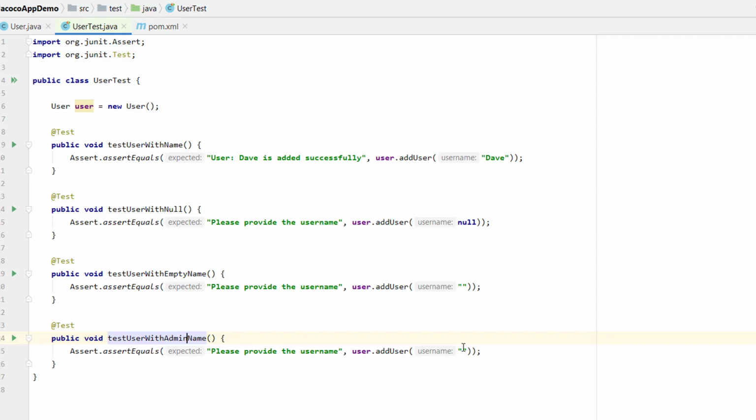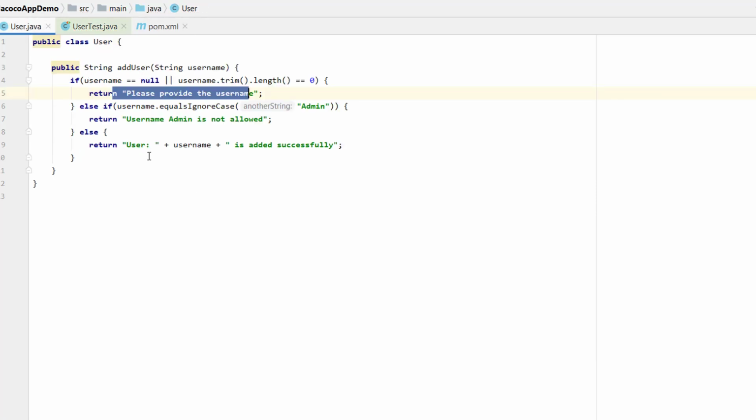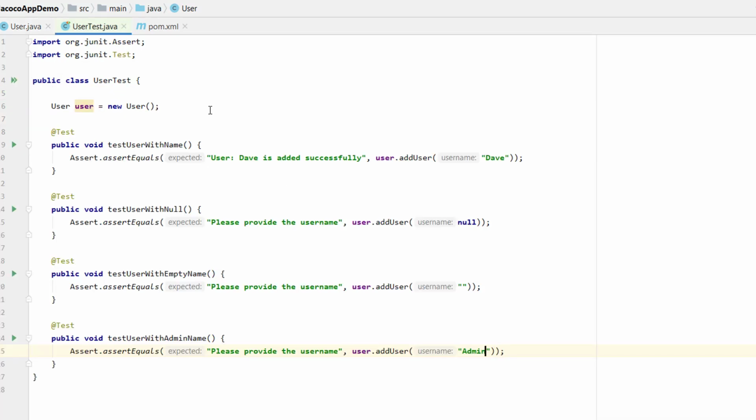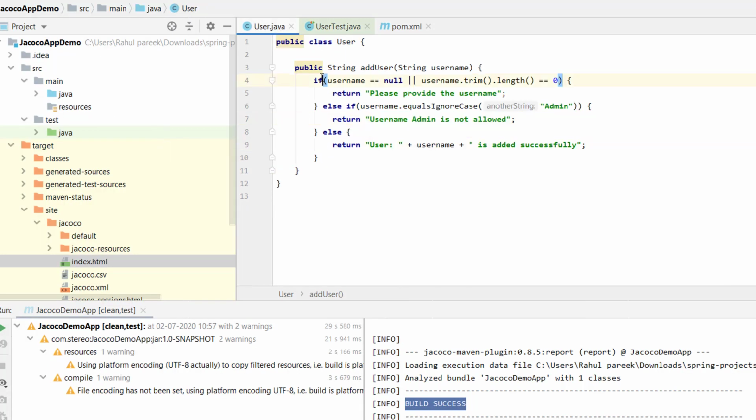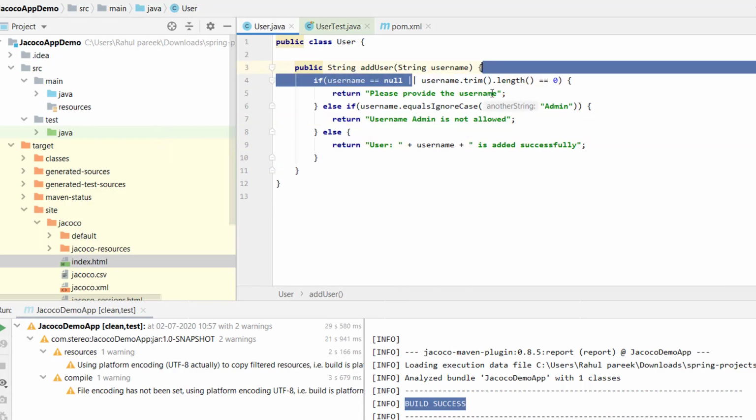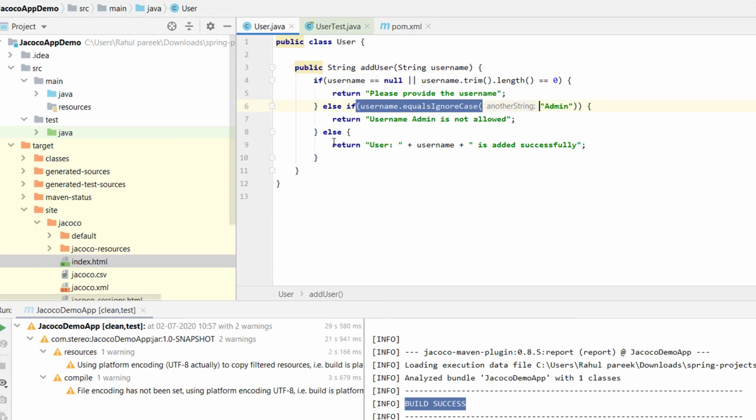For this I will provide this admin name, and let me paste the expected output, username admin is not allowed. So now all four conditions are covered: the first one is this, the second one is this, the third one is this, the fourth one is this.